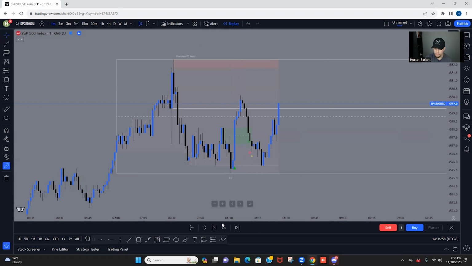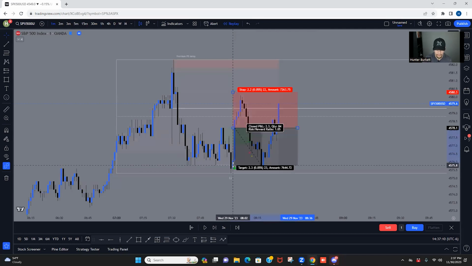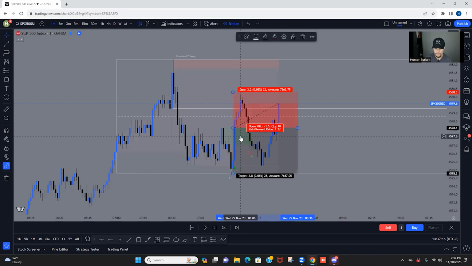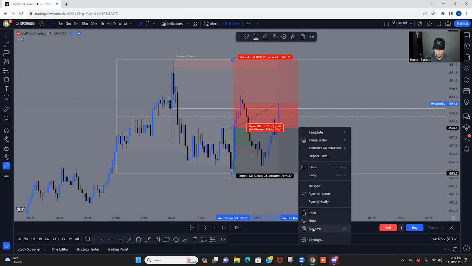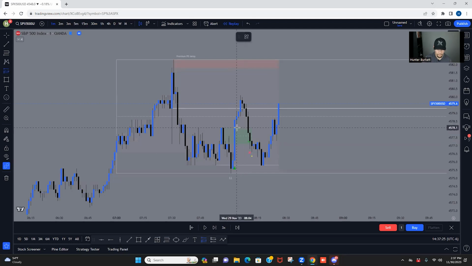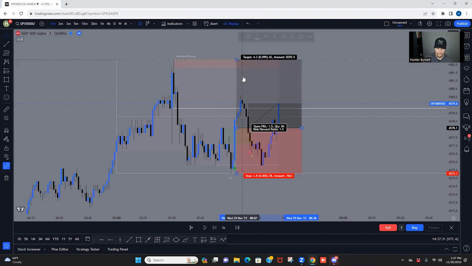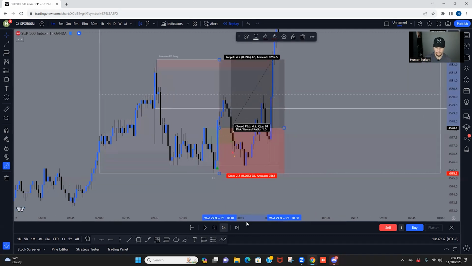This is the reason why I always put my stop at the low, right here. So if this was a valid entry, let's just say our draw was that high, and you entered the market at the top of this and you stuck your stop at that low, you got swiped. Instead of sticking it at the low, and then run it at the high, the trade ended up working in your favor. Oh, wrong one, sorry. Right here. So boom, stop at low. You never got busted. This is the reason why I set my stop loss at the low every single time. And you can see as we went up, equity came back in and got it. But you can clearly see